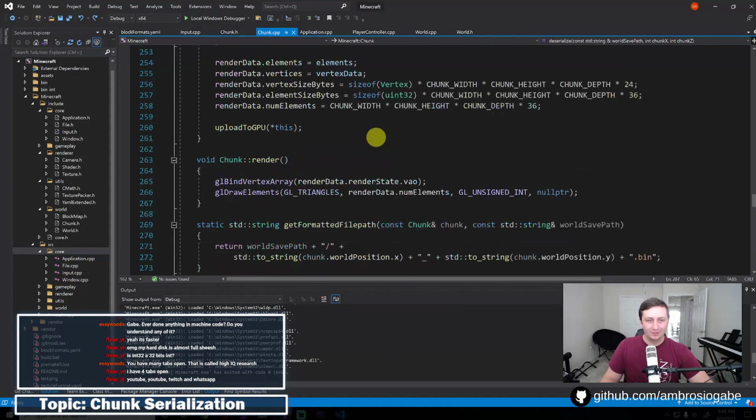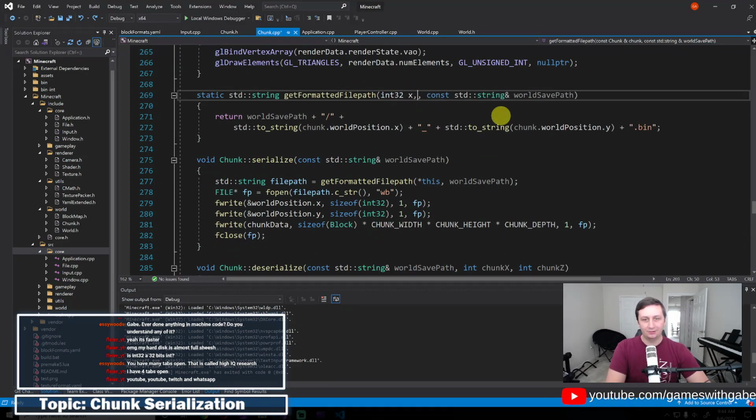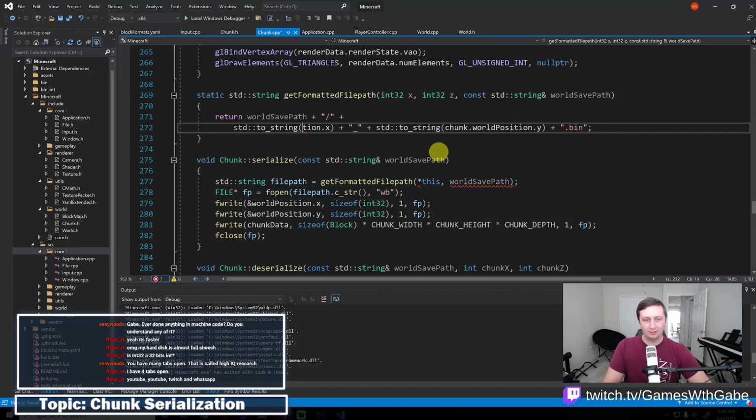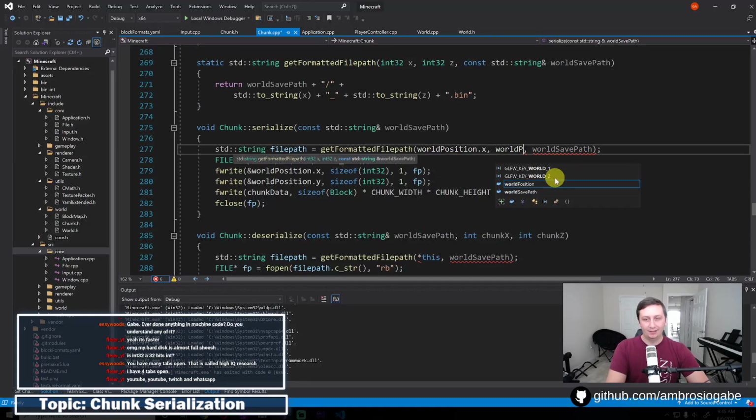Oh. So let's change this up to, instead of taking a chunk, int 32x, int 32z. Okay, so it looks like our thing was working perfectly fine. It was just opening up 0, 0, which is why I was seeing zeros there. I had a feeling that might be what it was, but I wasn't completely sure. I should probably have checked that. But anyways, if we just change this to that,